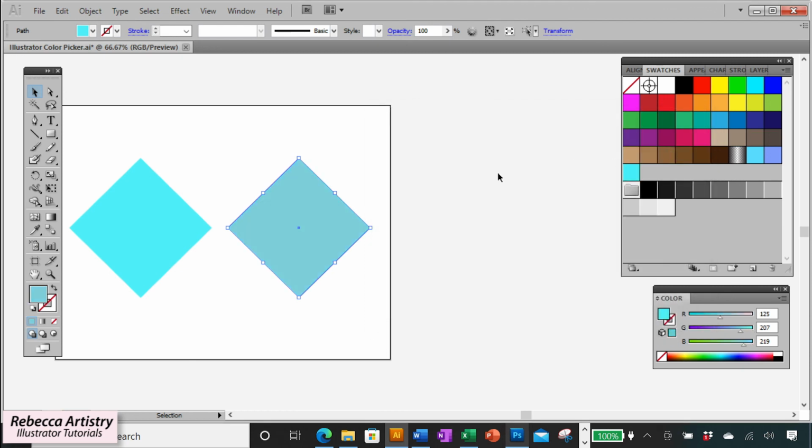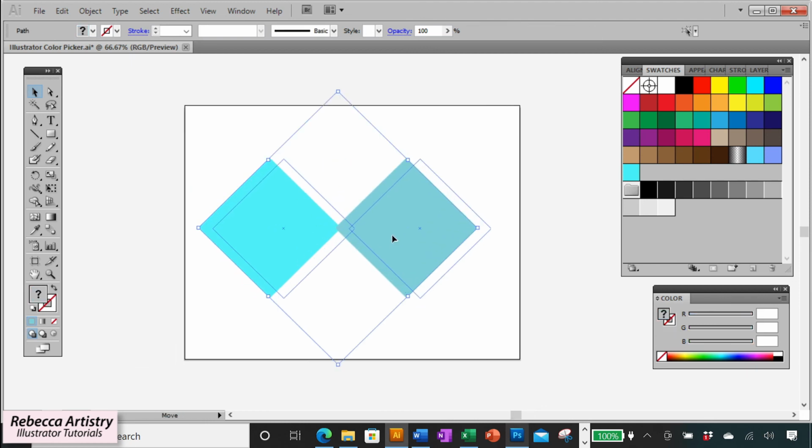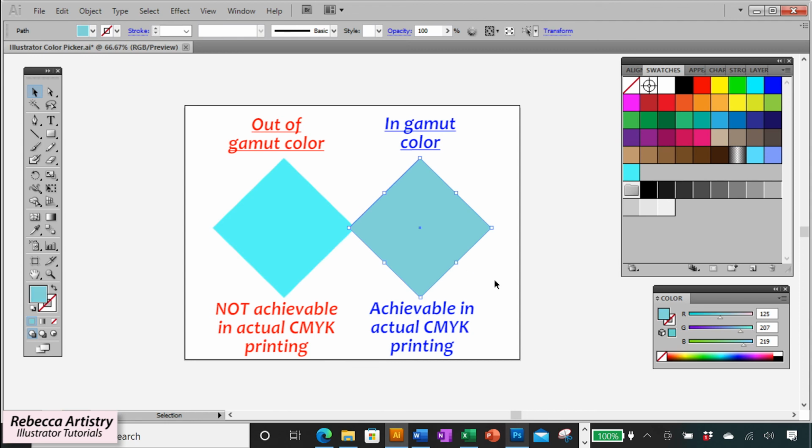And now I'll click OK, and you can see the difference between the color that I'm trying to use and the color that will actually be achieved in CMYK. So it's quite a big difference. So if you are going to print your artwork in CMYK, make sure that you are staying within the gamut. You don't want to expect to get this and then actually get this instead.